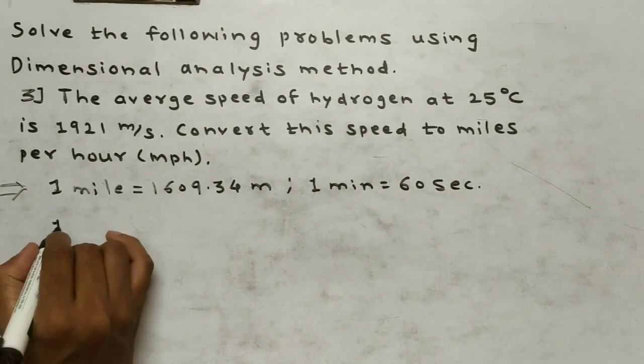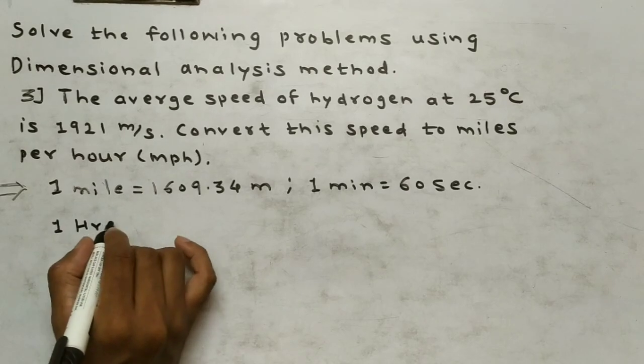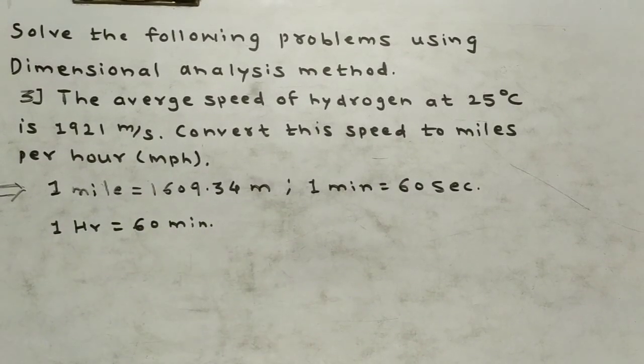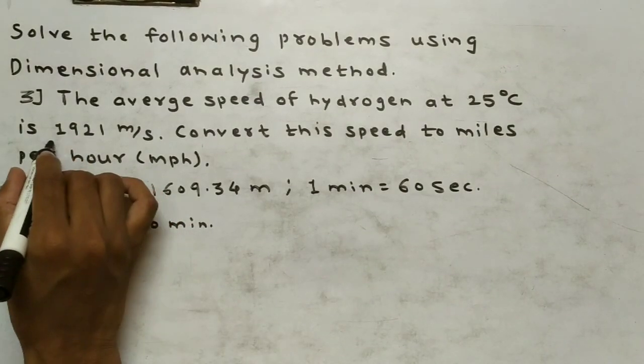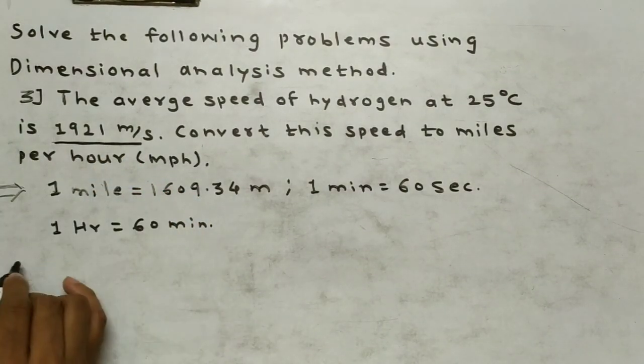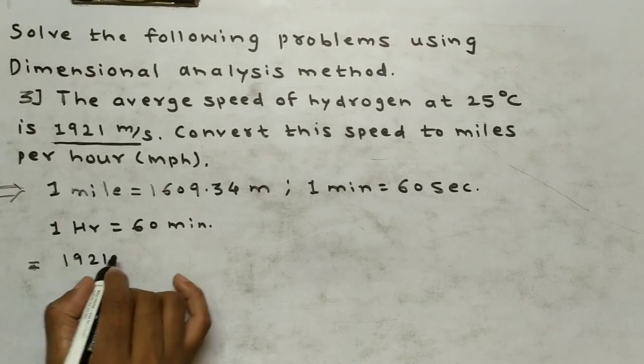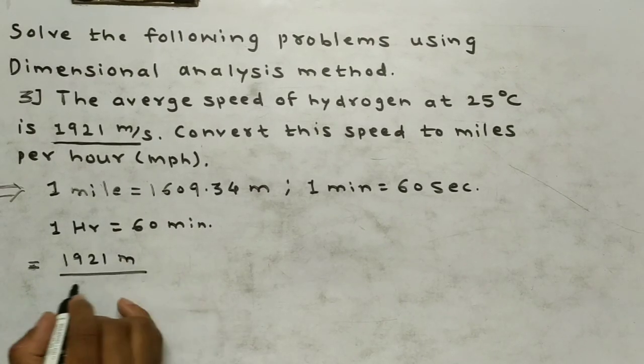Also we know 1 hour equals 60 minutes. Now this is the speed. We'll start with this. So 1921 meters per